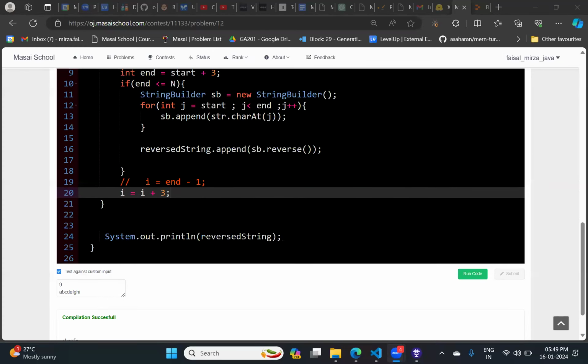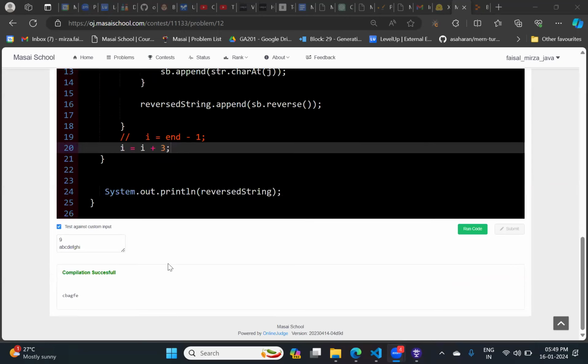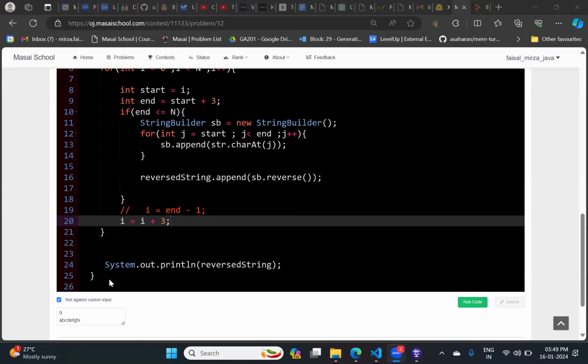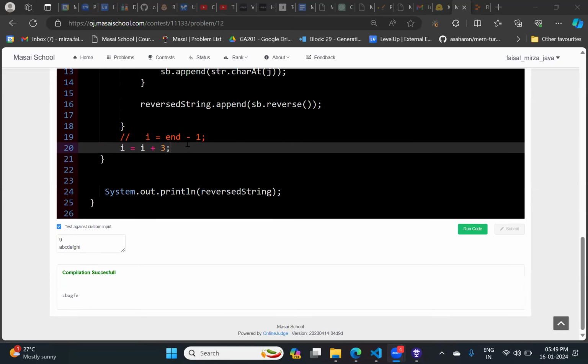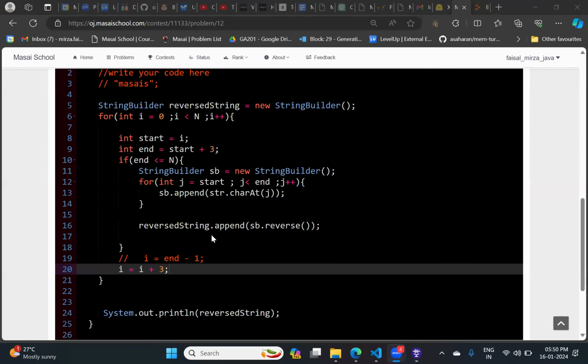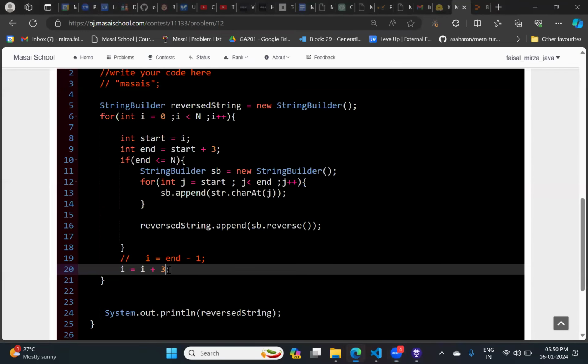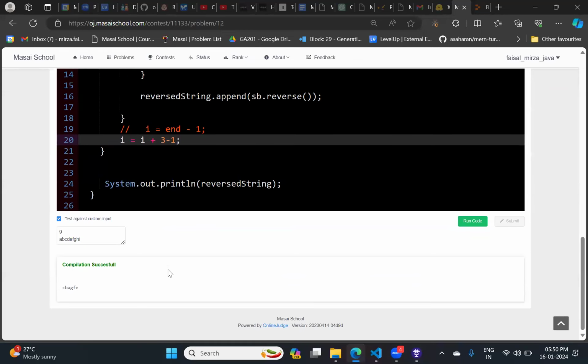But right now I put it over here, and it is giving me the next one. Reverse string is not getting appended with the original. CBA. Okay, then GFE. It is not considering the last part. So if I do -1 as well, now it will work.